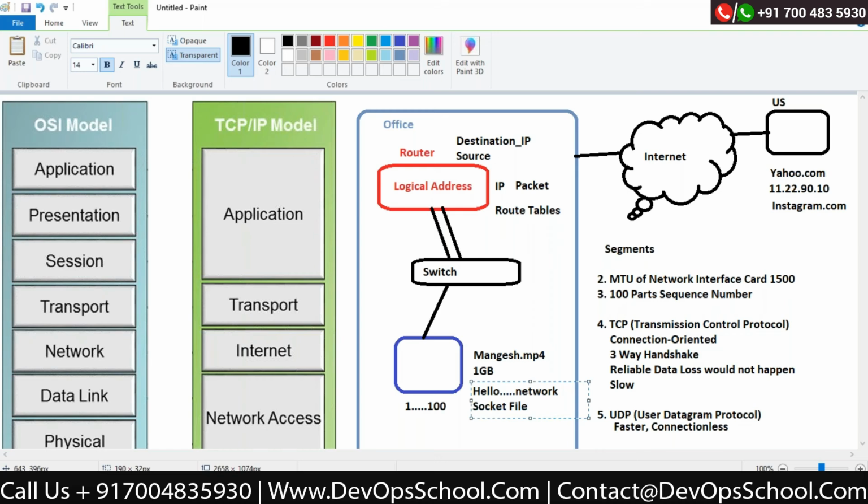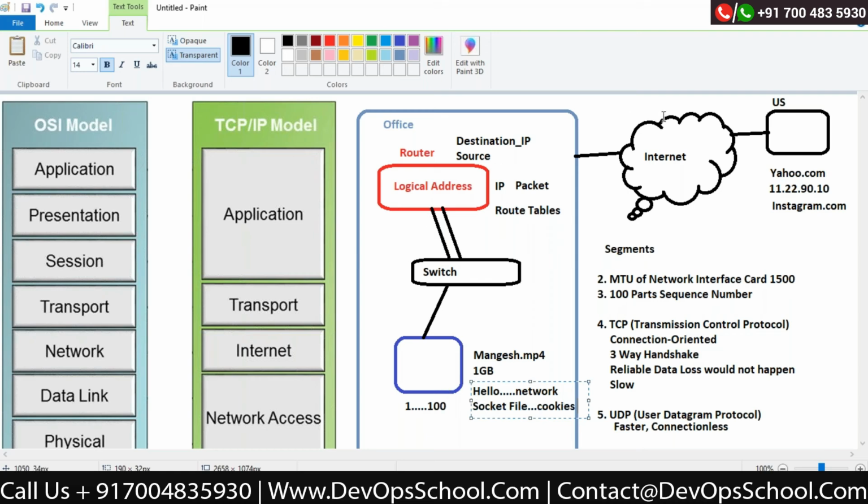Remember that, correct? This network socket file is very important. If I'm using a browser, we can call it cookies. You might have heard about it. Cookies are nothing but a socket. So whenever I generate a hello packet, this generation will create a small cookies file.